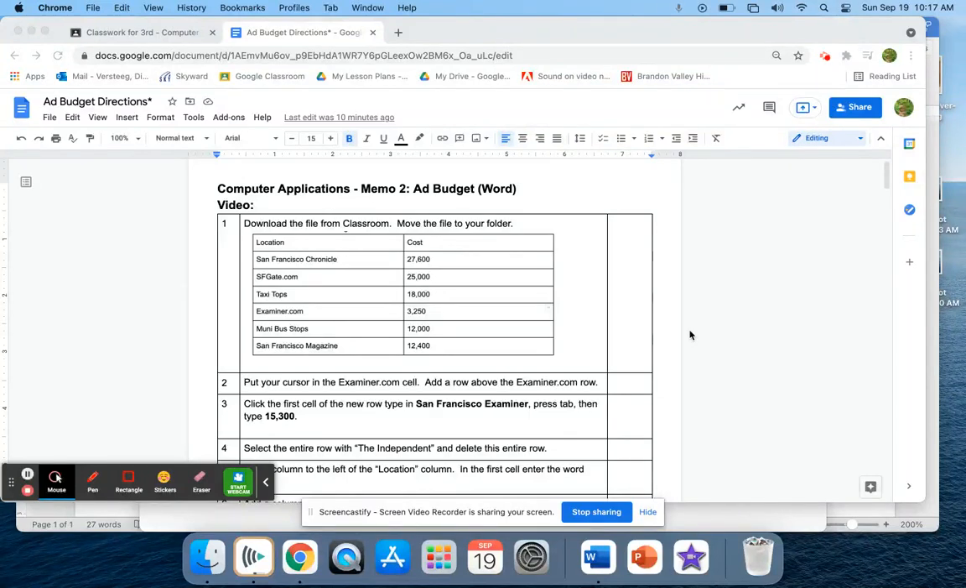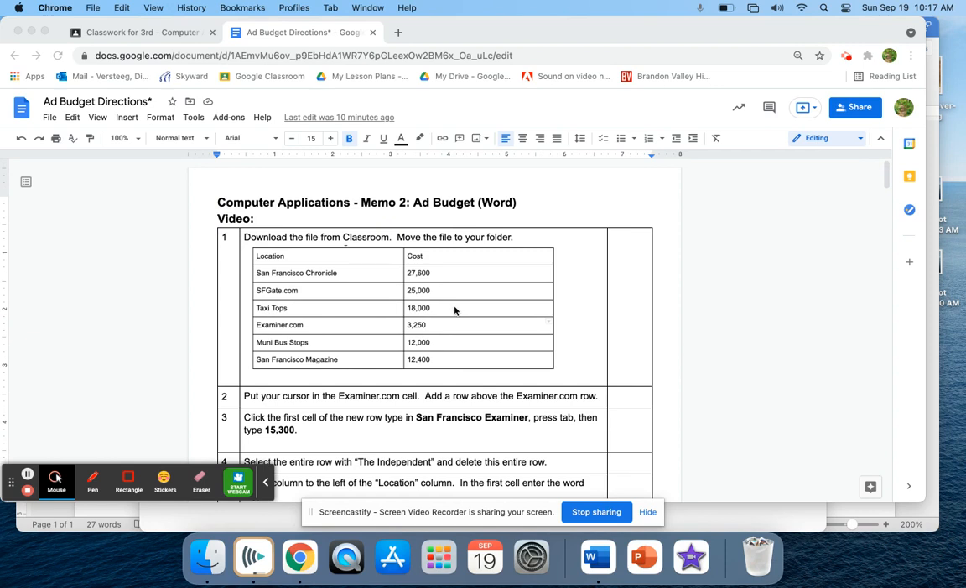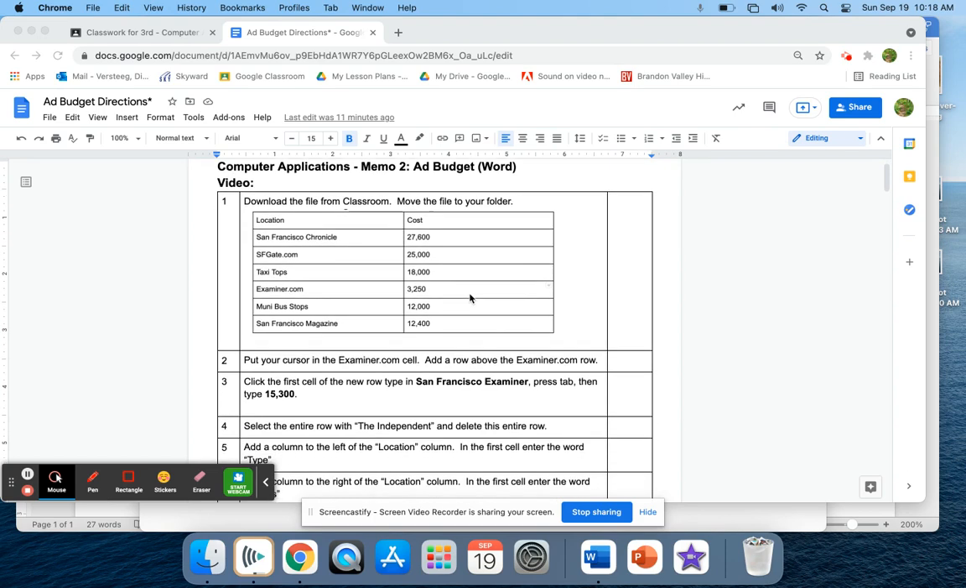All right, this is going to be a little video tutorial on how to get the Memo 2 ad budget assignment completed. There's a couple of ways in which you can use this video. You can watch the entire video and it'll walk you through step by step everything in terms of how to do it. You can always pause the video and come back while you do some work if you can't keep up while the direction is being explained to you,